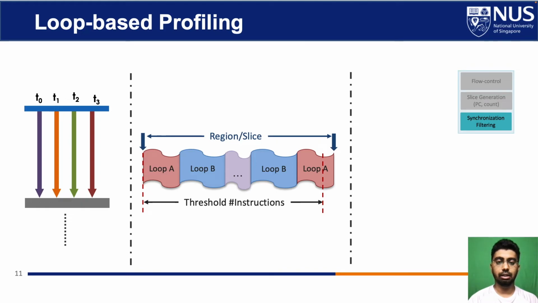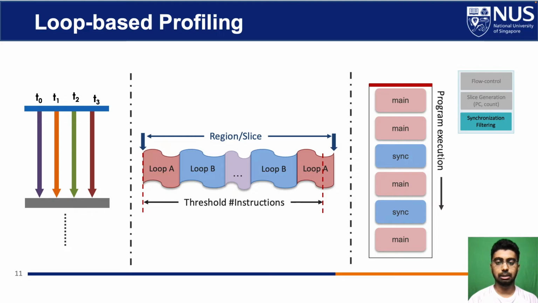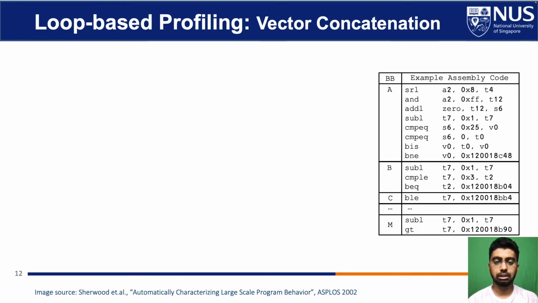Synchronization filtering is another feature of LoopPoint. We need to separate real work from synchronization, as the profiling data should contain only real work. In the diagram, we have shown main as the application code and sync as a synchronization library code. When the profiler detects that the encountered block is from the synchronization library, it just ignores the profile data of that block. We represent the parallelism among the threads by concatenating all per-thread BBVs to a larger global BBV.